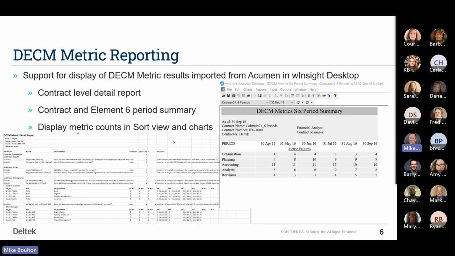The next thing we've done, or one of the next things, is decametric reporting, and we've got 3 reports really. We've got a metric detail report, which is this one shown here, which basically goes through and for all of the metric categories, it will list the metrics, and for those metrics which fail, it will list all the things which